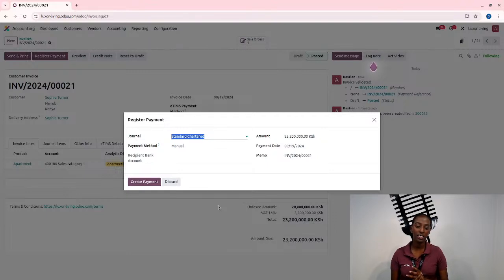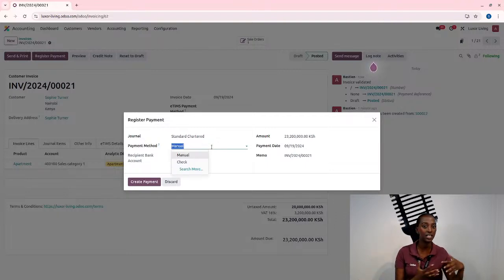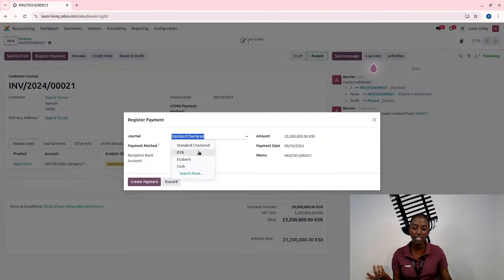One thing that is also really good is that you can have many sorts of journals. So for example, if she paid via, if I had Standard Chartered, DTB or EcoBank as banks, I can add all these possibilities inside my database. I'm also able to add payment methods, either a transfer or a check. But in my instance, let's say that she paid via DTB and it was a transfer with an amount of 23